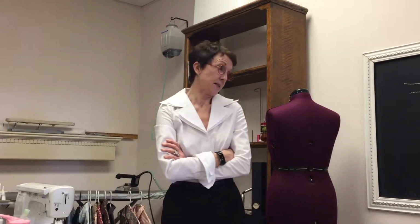Someone says, well, aren't you just cutting corners? I said, maybe, but it's a design decision for me. It's not a decision about cutting corners. I would not cut corners on a seam because it's too important to how the shirt